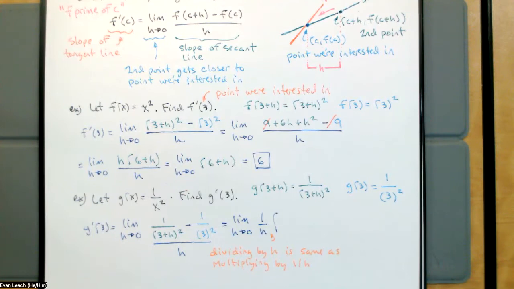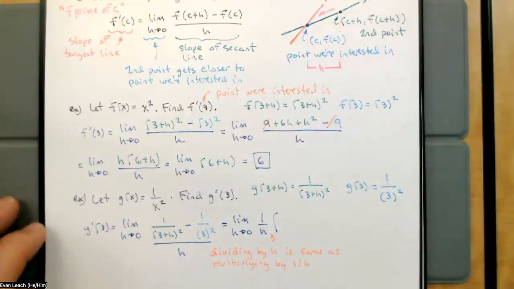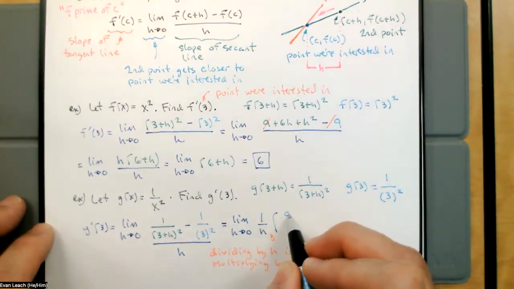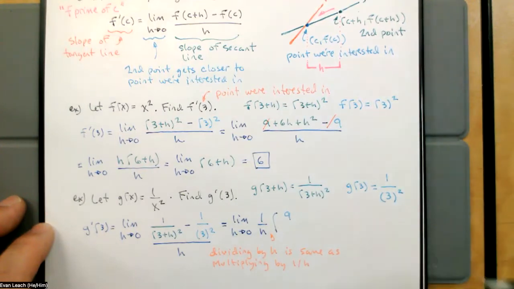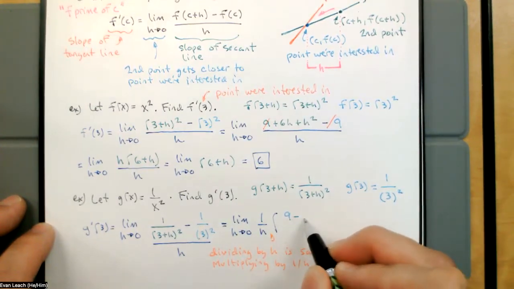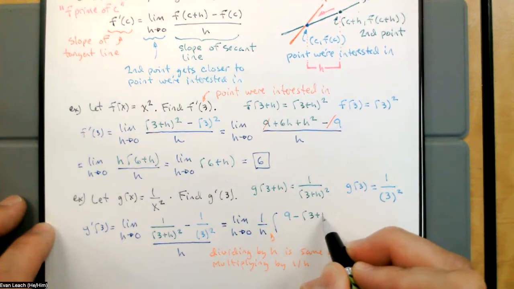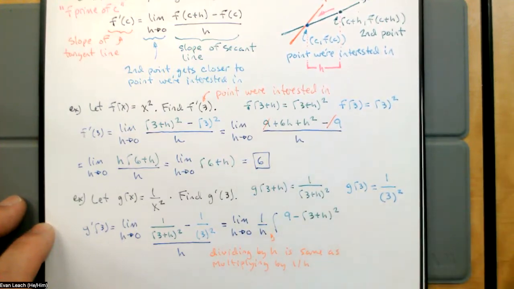Let's see. I've got these 2 fractions and I'm going to add them up. My first fraction has a denominator of the square of the sum of 3 and h. My second fraction has a denominator of 9. So my first fraction I'm going to multiply by 9 over 9, and the second fraction, I'm going to multiply by 3 plus h squared. And then our denominator